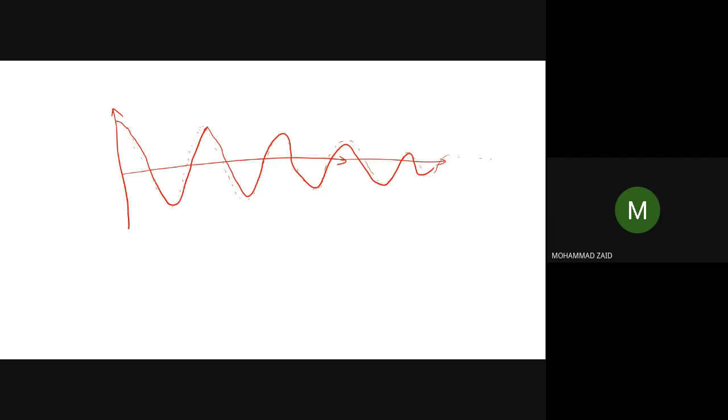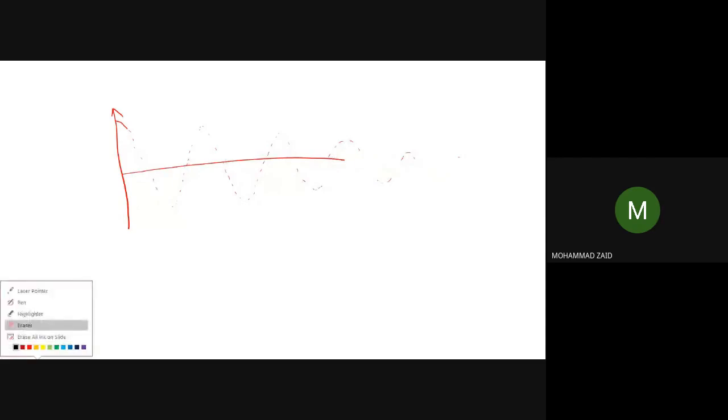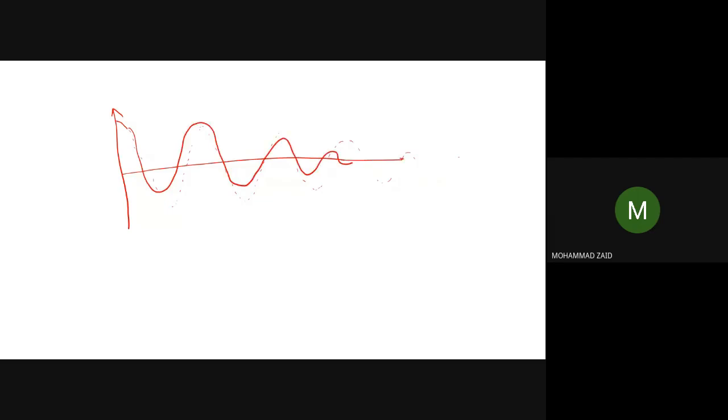Okay, like this. Don't go for this. This is all pure sinusoidal. The shape is purely sinusoid. So you get a response like this, in which every time it will be having a decreasing magnitude, and then it will finally settle down to some value. Okay, so this kind of response you get.